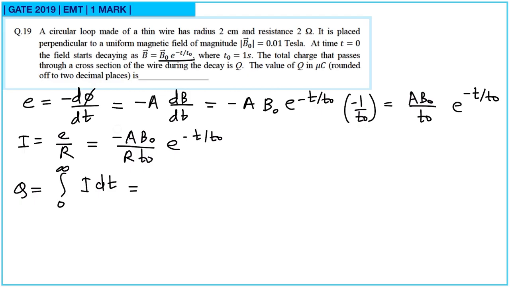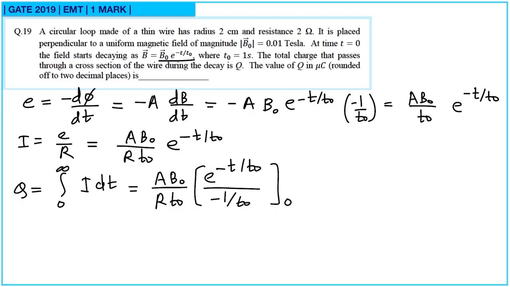So this will be equal to A B naught upon R t naught, and integration of this will be e raised to minus t by t naught upon minus 1 by t naught, integration from 0 to infinity. So this t naught and t naught will cancel. This is with minus sign, and e raised to minus infinity is 0 minus 1. So this will be A B naught upon R only,